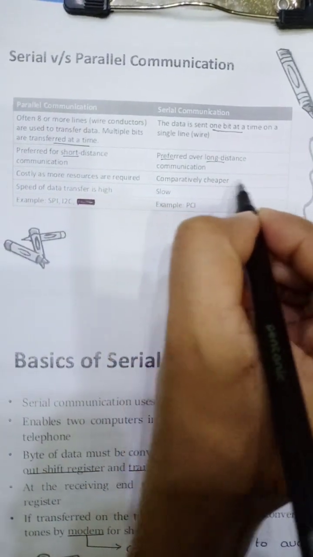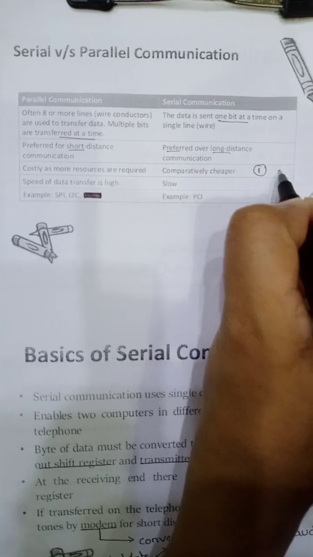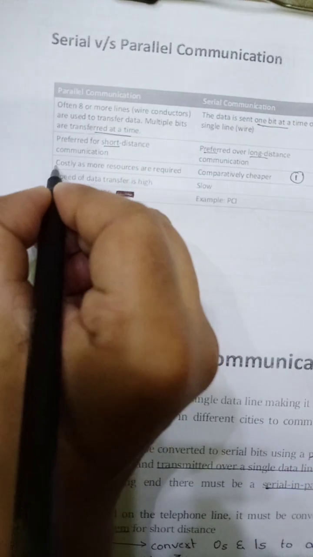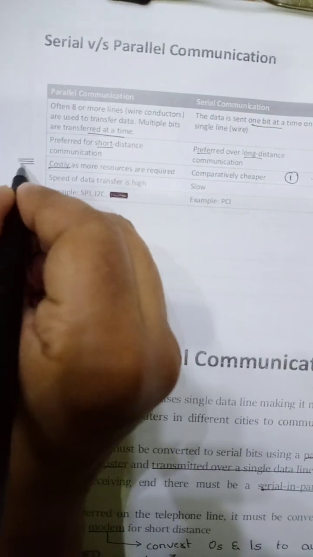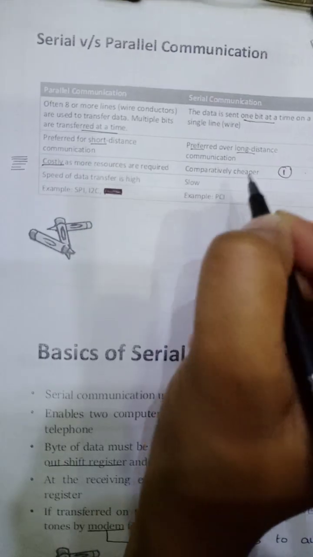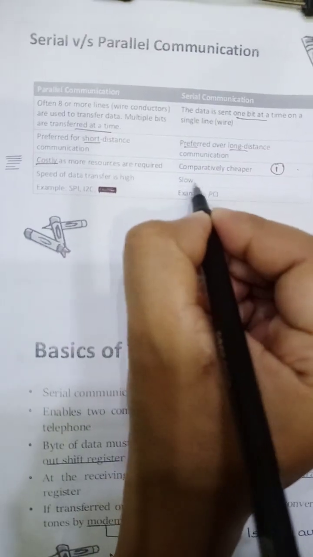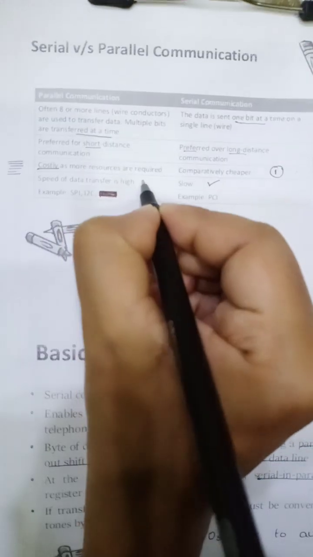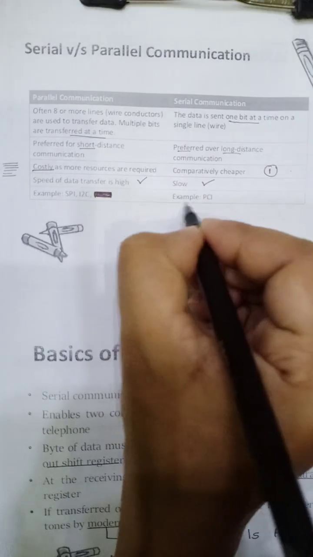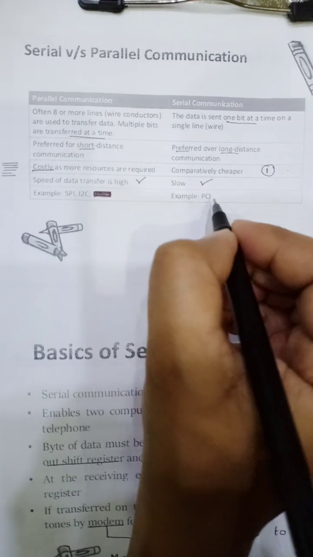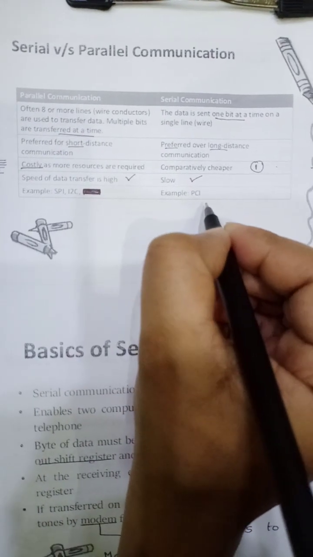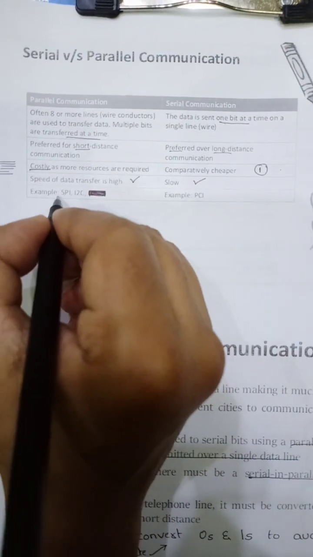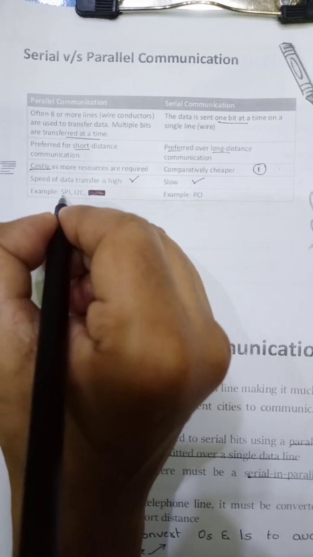Comparatively, serial will be cheaper because there is only one line between the sender and the receiver. Parallel is a little costly because there are 8 lines between the sender and the receiver. And as we are sending the data one after the other, the speed of transmission will be less in serial, and the speed of transmission will be more in parallel. An example for parallel is PCI, that is Peripheral Component Interconnect, whereas examples for serial are Serial Peripheral Interface